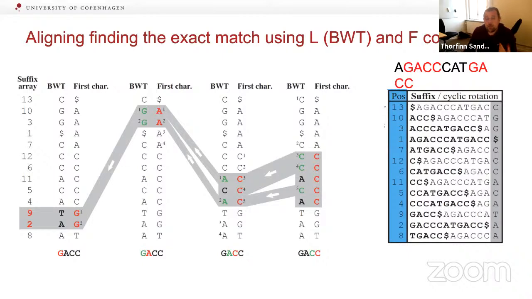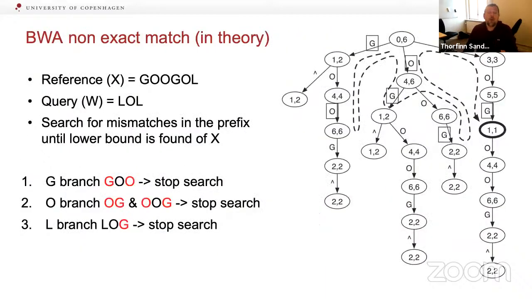But as I mentioned before, and as Lei will talk about very shortly, as I can see that I'm always overdue already, so I have one more slide, there's a lot of uncertainty. We can fix that. This is a figure from the BWA paper. Here they have a reference called Google, and a query sequence called LOL, and then they are allowing for a specific number of mismatches.